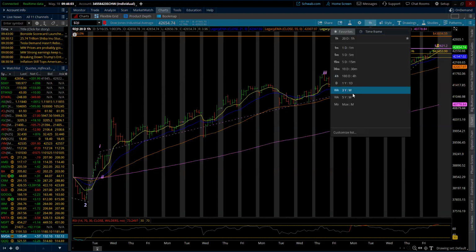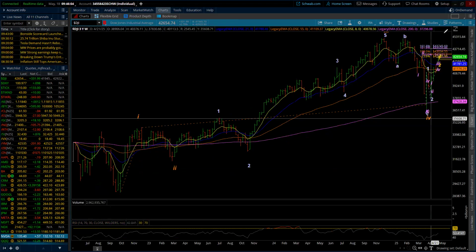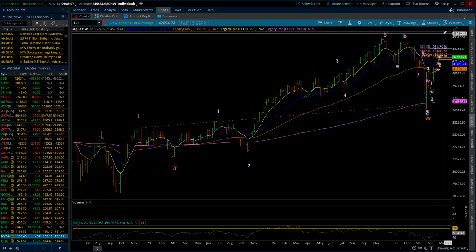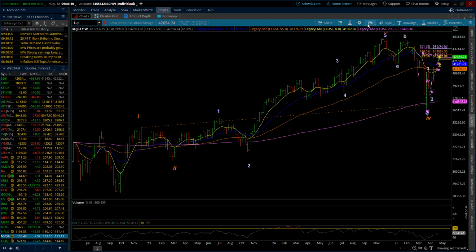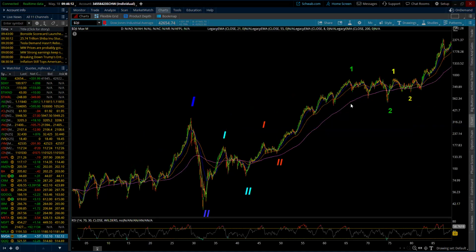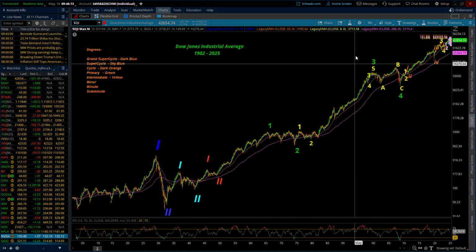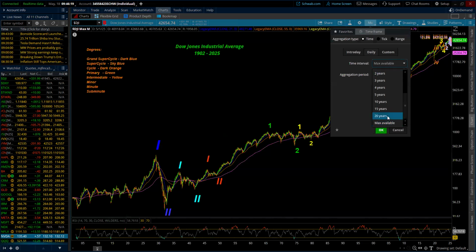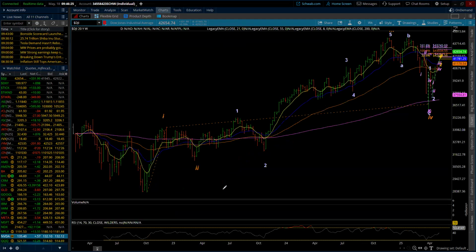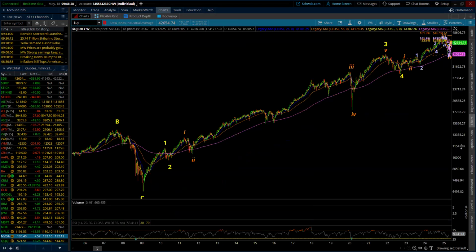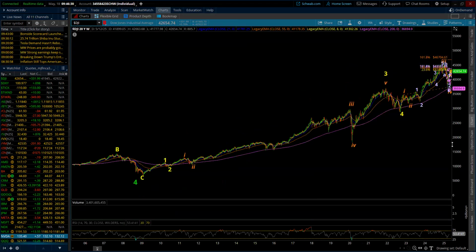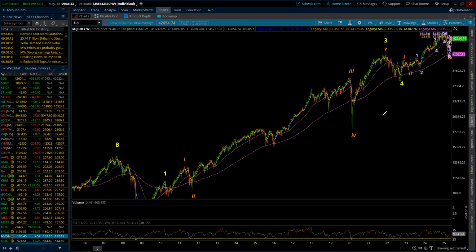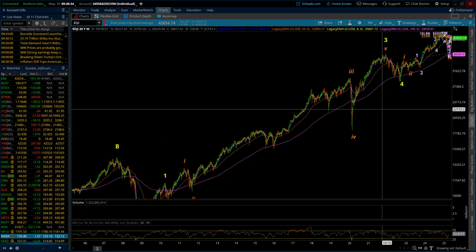and then going back out to this one, finishing that minor fifth wave up to finish the intermediate fifth wave up. Believe it or not, I have to go back out to here. But let me just do one thing. Max available, I'm going to go 20 years on a weekly. Let's see what that gives me. Yeah, that gives me enough. So there, I have that primary, and then we're in that larger intermediate.